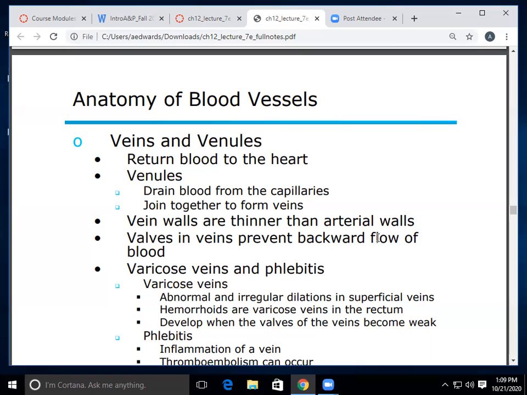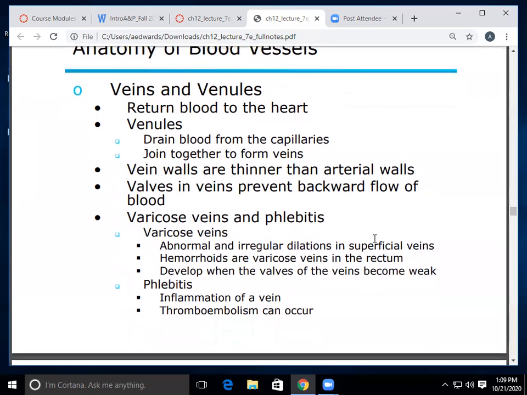So some medical conditions related to this: varicose veins, right? People, especially if you're concerned about your appearance, don't like varicose veins. And what these are